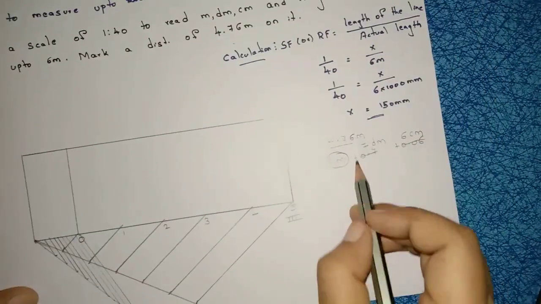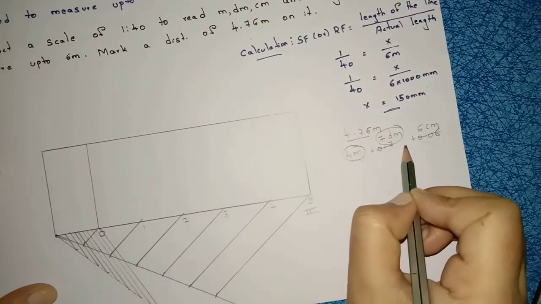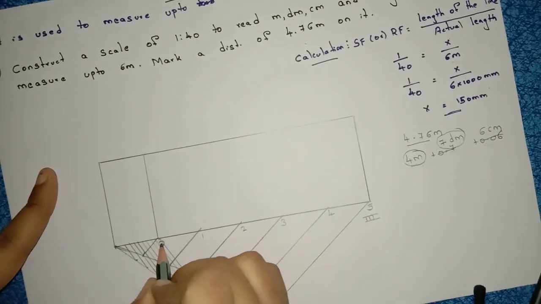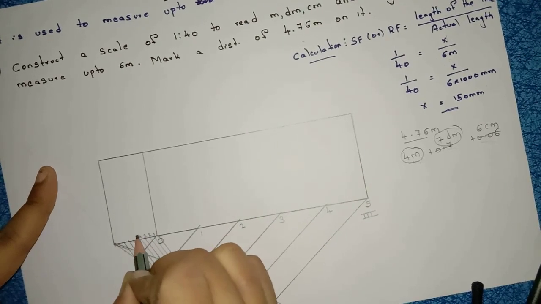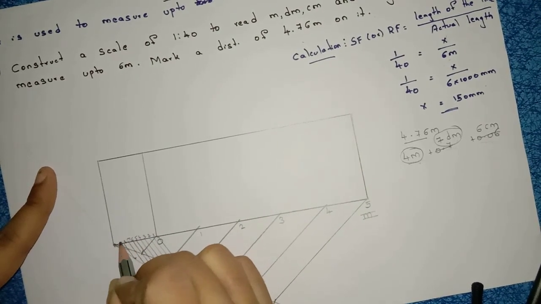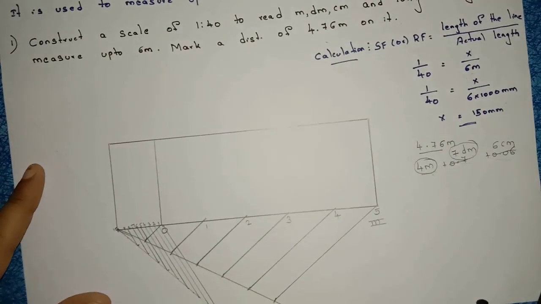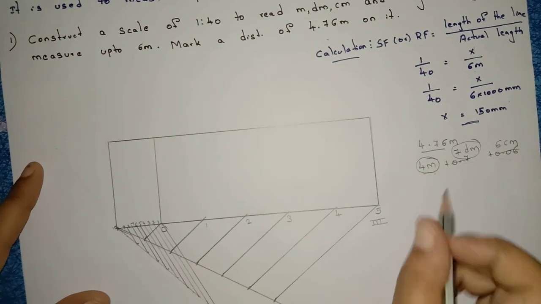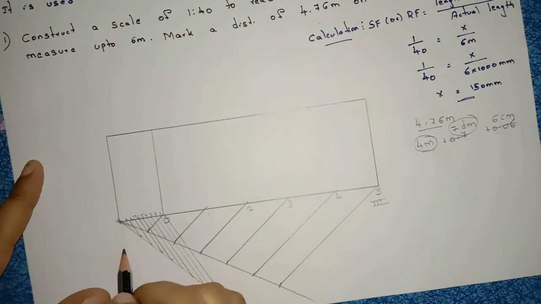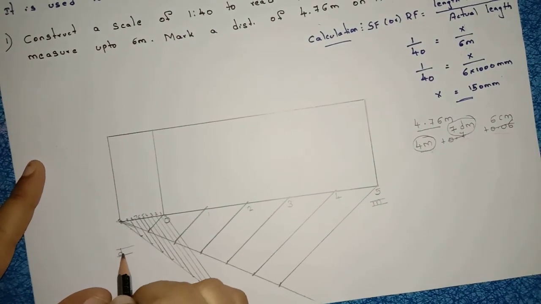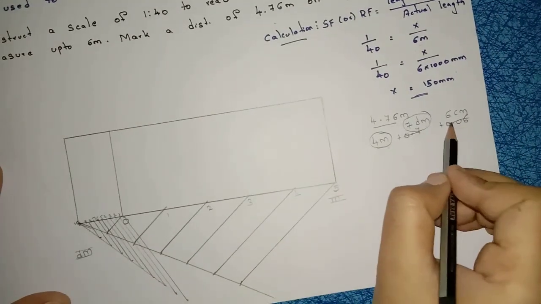Right, now what you have to mark next here? 7 decimeters. Right, so in order to mark 7 decimeters, first write down here, this is 0, 1, 2, 3, 4, 5, 6, 7, 8, 9 and 10. Right, 7 decimeters, so that's why I am writing 1, 2, 3, 4. So decimeters, I am taking here height 5 mm and I am writing here decimeters.